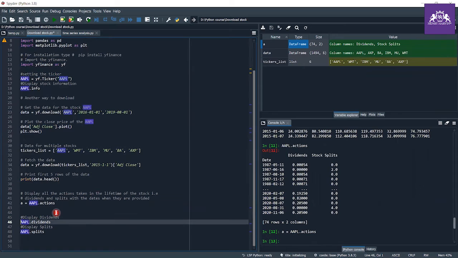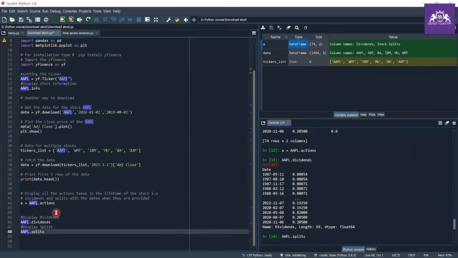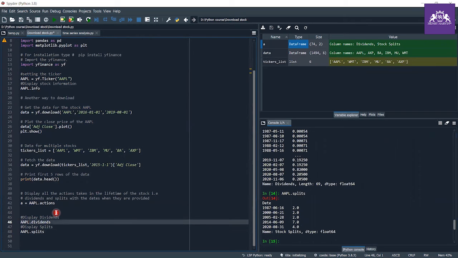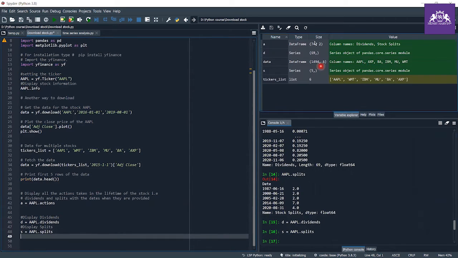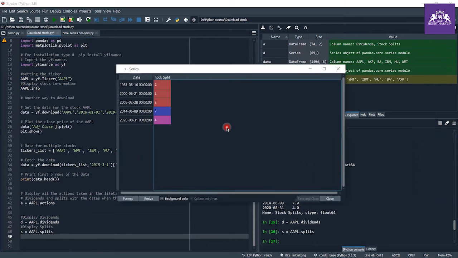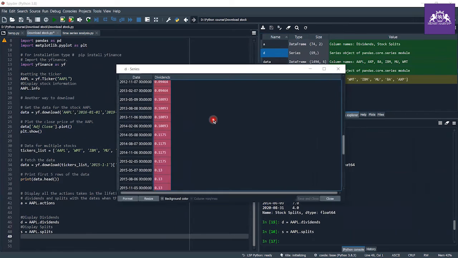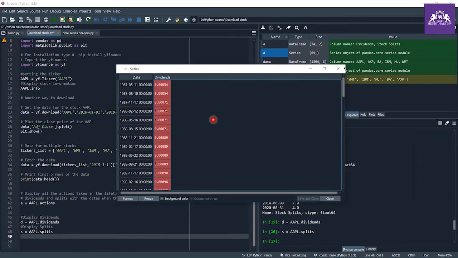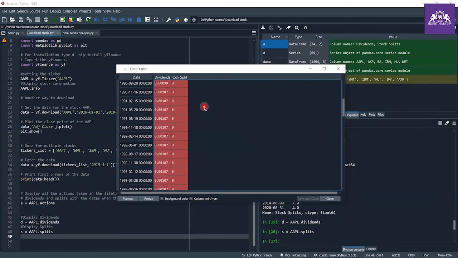If you want to only see the dividends, then just enter this, or if you want to see the splits only, then you can just enter this, or also you can save it to a variable. D equals this, S equals this. Yes, S is our stock split data. Here is all the dividends, and when we combine both, we get this dividends and stock split.